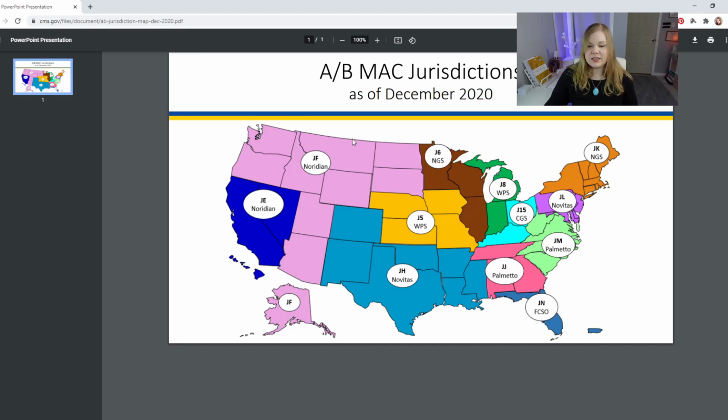This is actually the listing of the current Medicare contractors. So there's Noridian, there's WPS, there's Novitas, there's Palmetto, and NGS, and some of these organizations do offer trainings that have CEUs. Where I am, over here in Pennsylvania, JL Novitas, they have lots of CEUs that we